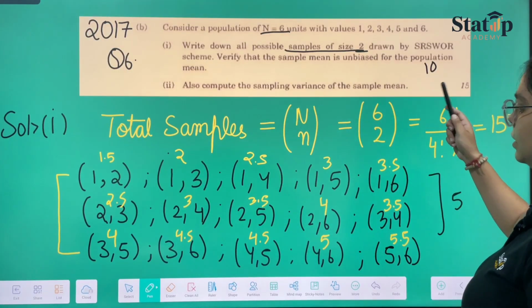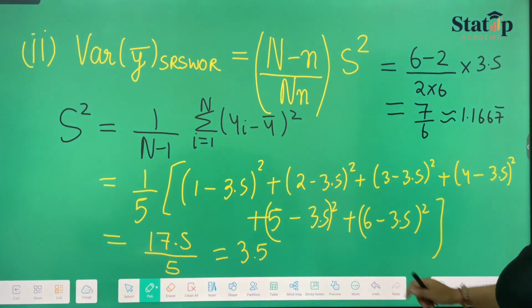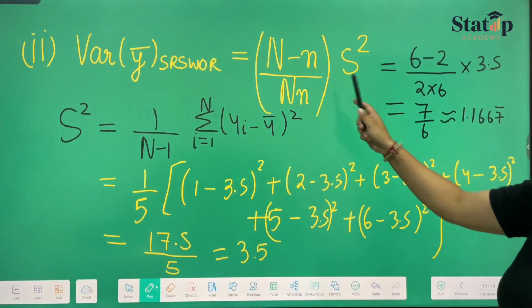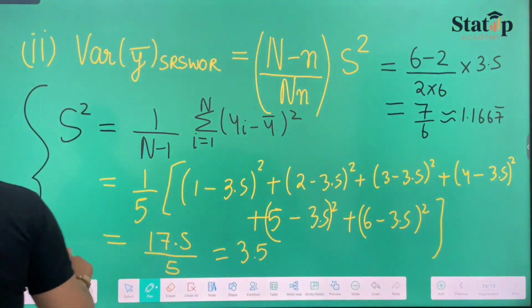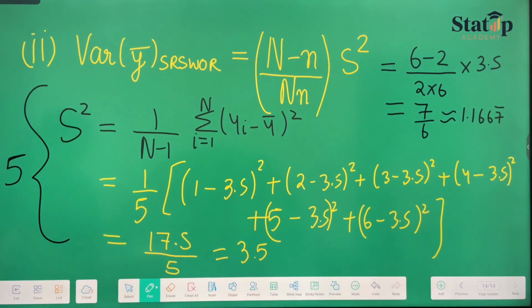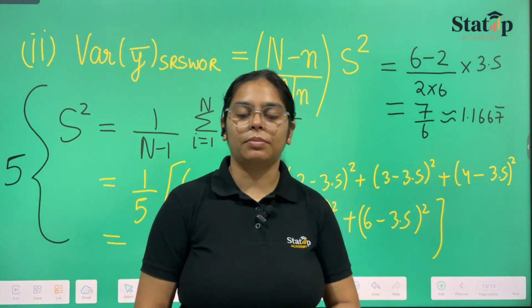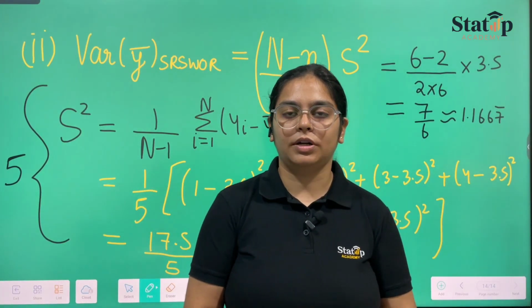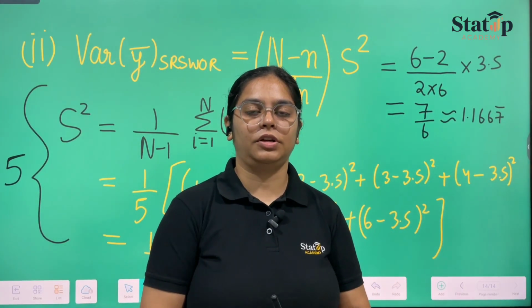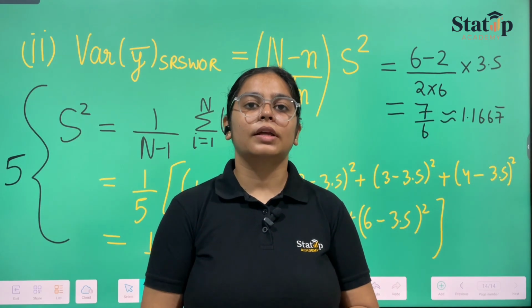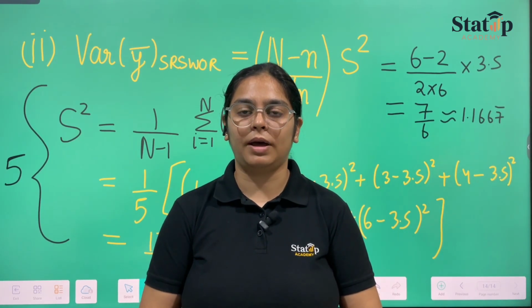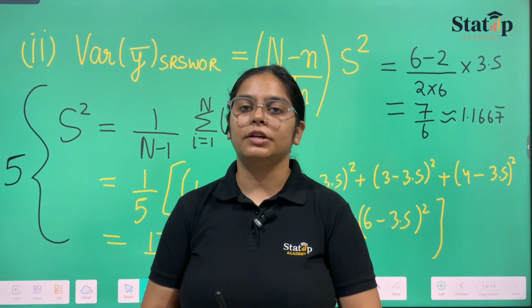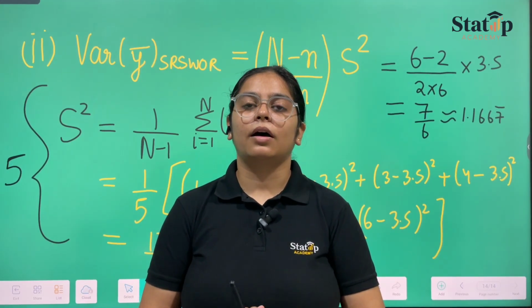Now the question has asked us to also compute the sampling variance of the sample mean. We have calculated the sampling variance of the sample mean by this particular method. So this portion was also of 5 marks. This is how you solve the numerical portions of sampling distribution using the properties of simple random sampling without replacement in your examination. Today we are only considering one question because this has been asked by one of the students who has been continuous on YouTube with us.